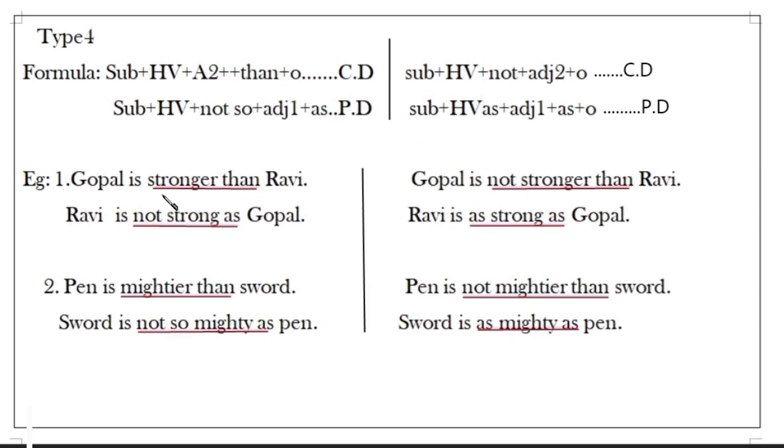If the question is given in positive form comparative degree, write the positive degree in negative form. That is called the cross model. If you follow it like this, there is no confusion. Comparative in positive form, write positive in negative form. Comparative in negative form, write positive in positive form. Keep that in your mind. According to these structures, if you remember them, you can easily change the degrees of comparison. I think you understood the 4 models very well.